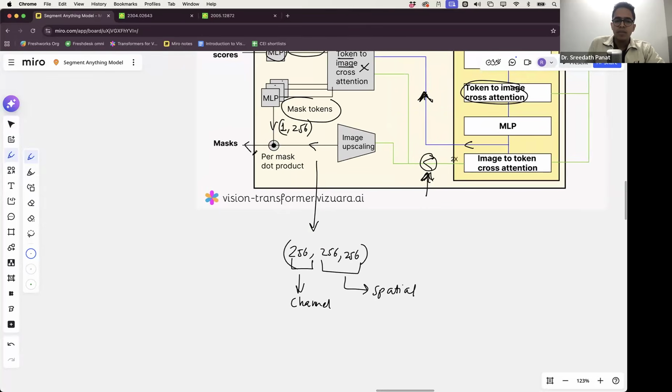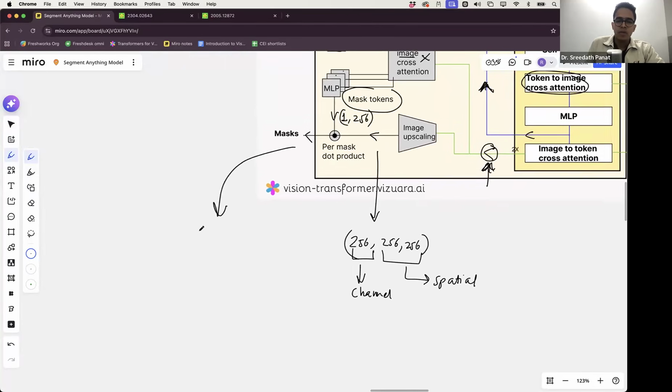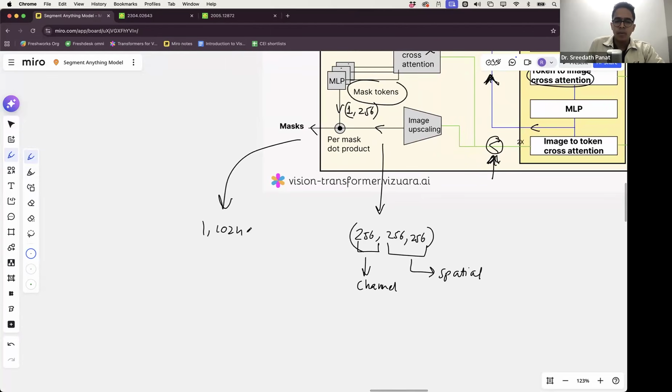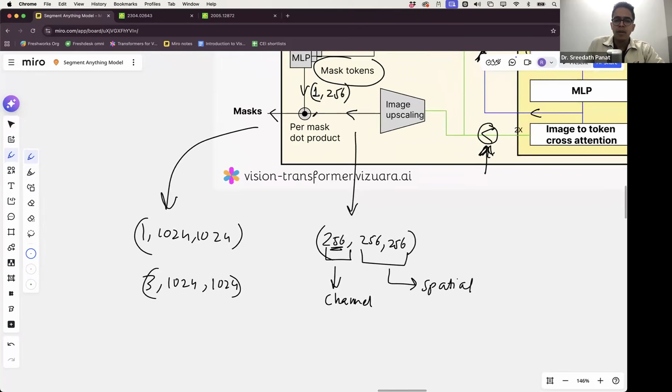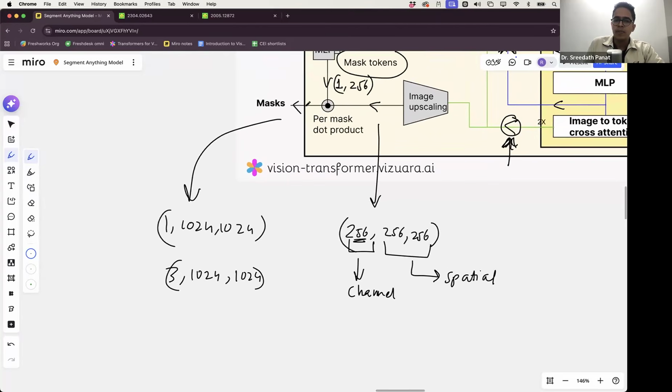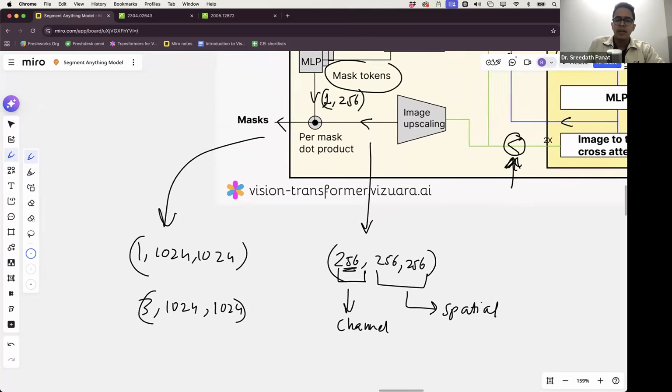But I want my mask to be of something that looks like 1, 1024, 1024, right? Because only then I can superimpose this mask over my original image of 3, 1024, 1024. So how do you go from a 256 channel input into a 1 channel output? What you can do is, this